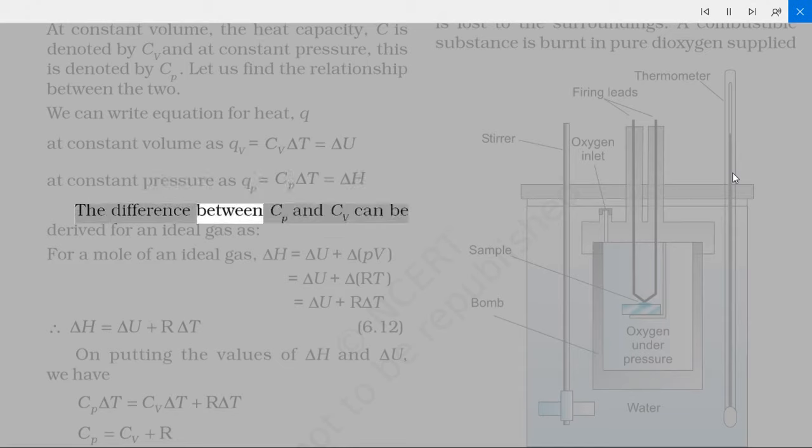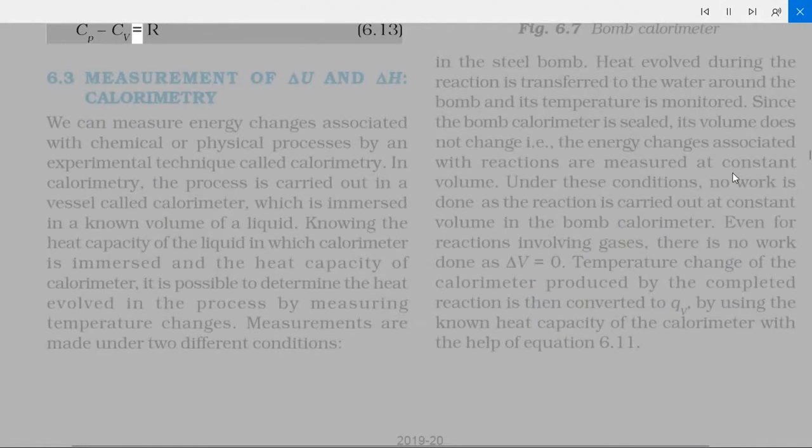The difference between Cp and Cv can be derived for an ideal gas. For a mole of an ideal gas, H = U + pV = U + RT, so ΔH = ΔU + R ΔT. (6.12) On putting the values of ΔH and ΔU, we have Cp ΔT = Cv ΔT + R ΔT, so Cp = Cv + R, or Cp − Cv = R. (6.13)